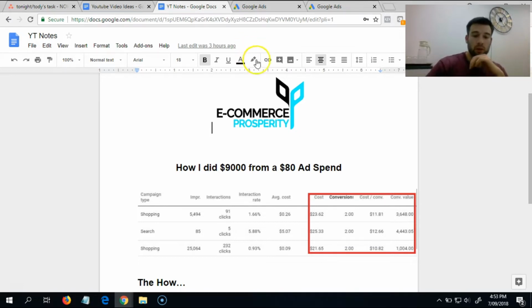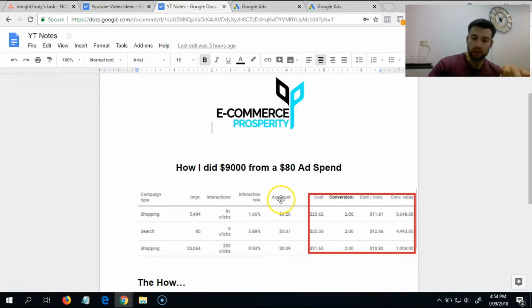Now, if you see down below, we have a screenshot from my ad manager, and this is actually my Google AdWords dashboard. And you can see that we have 3 different campaigns here. The conversions are the sales, we've got 2 each, and then there's the conversion value. Now if you do the math, that's just over $9,000 in sales, and the total cost is actually just shy